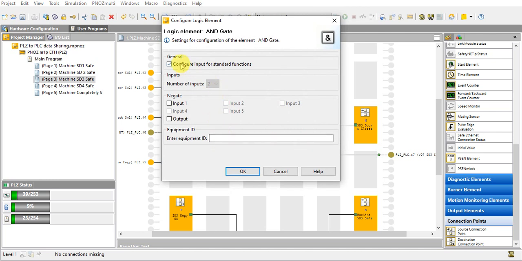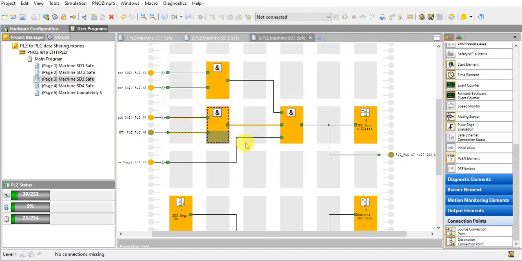Okay, let's see. We will pick this one or select to include the standard functions, then connect like this. Here is another emergency switch, that's the external machine emergency. So those are connected by AND again, and we save to the connection point. Side 3 doors are closed, and also this is sent to the PLC by the PLC field bus